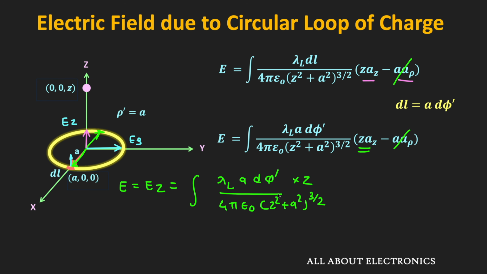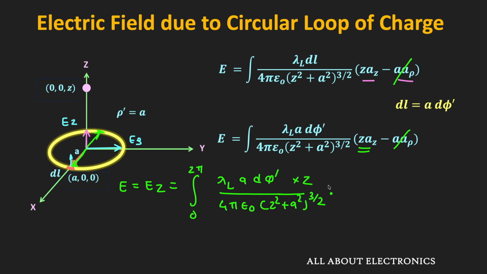So of course, here we will also have the unit vector az, but since we are explicitly writing the Ez, there is no need to write the az. And here the limits will be from 0 to 2 pi, because during our integration we are integrating from phi equal to 0 to phi equal to 2 pi. That means here, except the d phi dash, all the components are constant. And we know that if we integrate the d phi dash over the given limits, then we will get